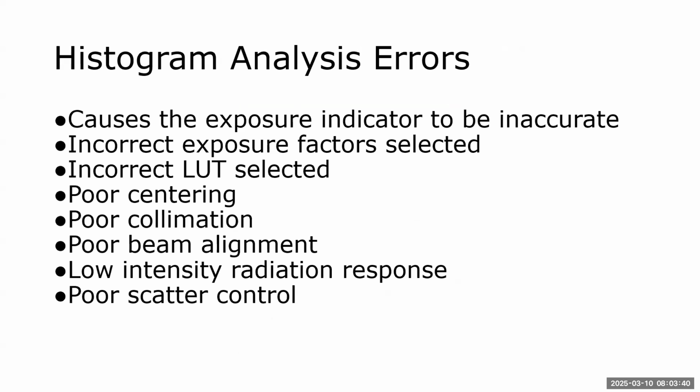If your centering was poor, meaning let's say you included a lot of the abdomen with the chest, or your collimation was poor, if you had poor beam alignment, if you get a low intensity radiation response, meaning you didn't use enough, or if you have poor scatter control,